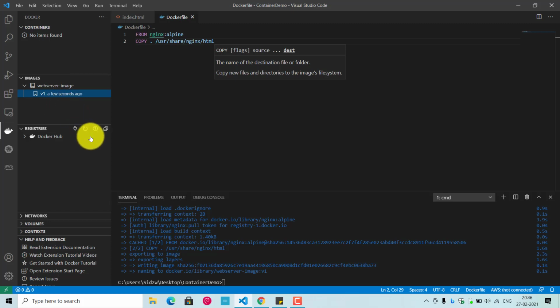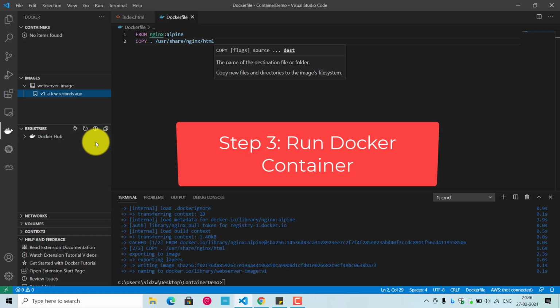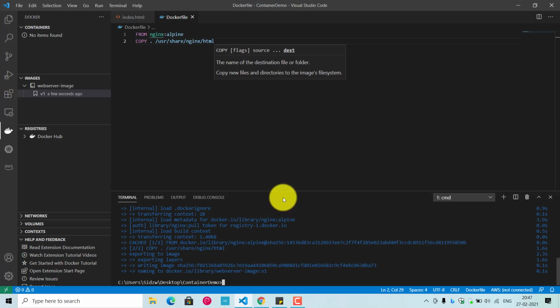Okay, so the next part is we have to run our Docker image. We have to spin up a container from this particular Docker image. The image name is web server image. In order to run the container, we have to use another command called the docker run command. The built image can be launched in a consistent way to other Docker images. When a container launches, it is sandboxed from other processes and network on the host. When starting a container, you need to give it permission and access to what it requires. Basically it will use the same network as the local machine.